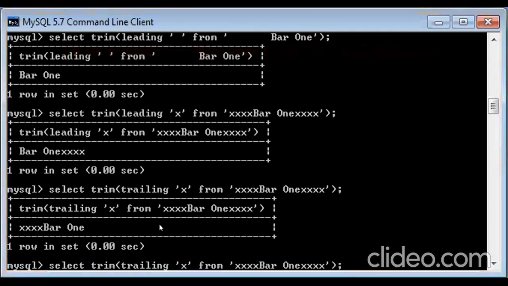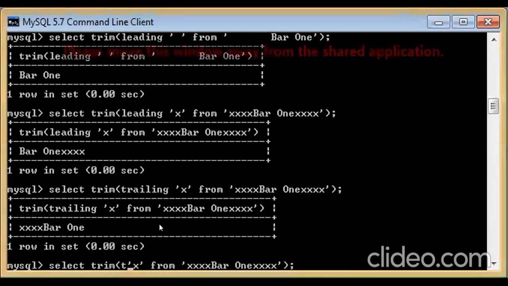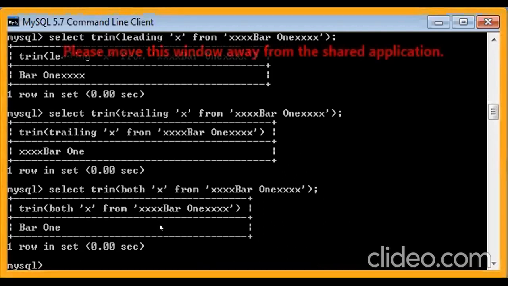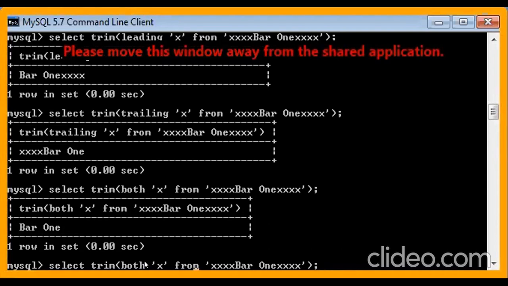If you want both of them to be removed, you can write here both. From both sides, this character should be removed. You can see now only bar 1 is there. And suppose I want not XXX, but I want capital B to be removed wherever it is in the starting.